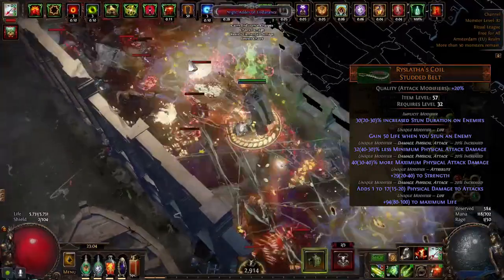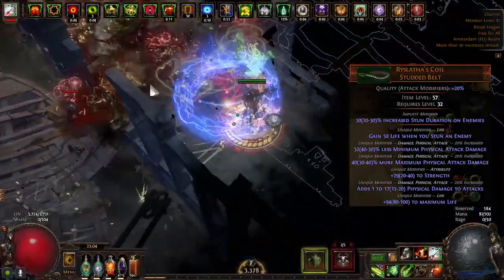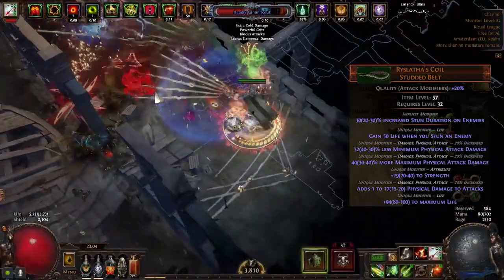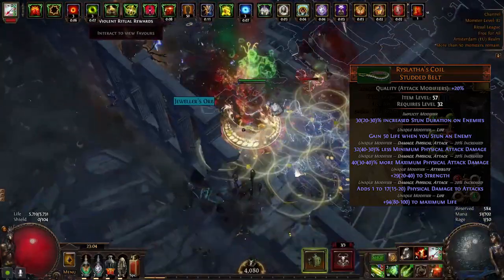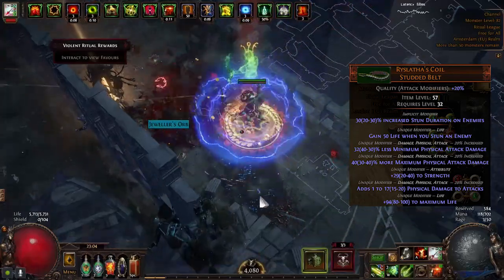Belt, Rice Lata Coil or whatever. Yeah, another best in slot for these kind of physical builds. If you really struggle on maybe resist, you can also use a Stygian Wise if you want, but this provides more DPS. So just get the maximum, the best rolls possible, and the minimum, the worst rolls possible,